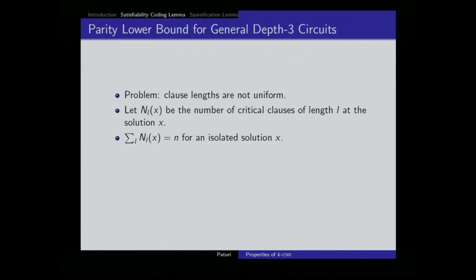So we know that the sum of the critical clauses should be equal to n, because there is one for each variable, and we define the weight to be the inverse of the length, 1 over the length of the critical clauses. So this is going to be the weight, and previously our weight was n over k. There could be more than one critical clause per variable, so you just pick one and make the argument. We will see in a few slides how we can exploit the existence of more than one critical clause.